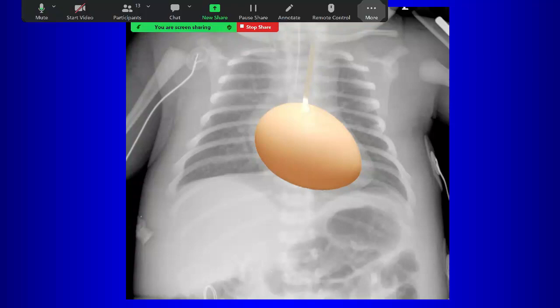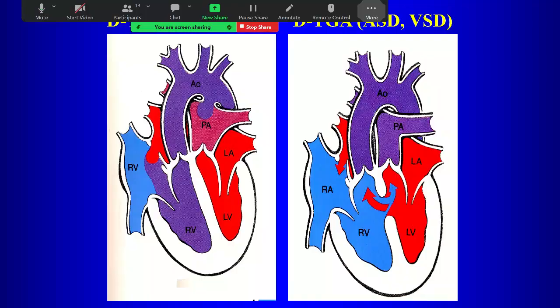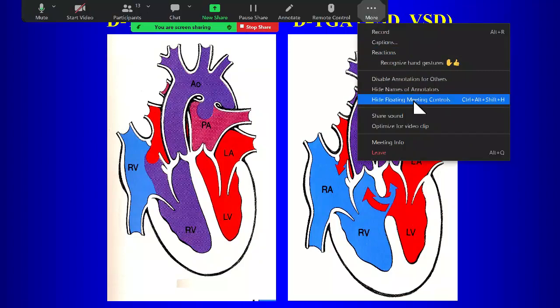That means a morphologic right ventricle is connected to the aorta, and a morphologic left ventricle is connected to the pulmonary artery. That is the definition of the term transposition. Start there and don't confuse yourself with everything else yet, but understand what the word means. Okay? So, when we have transposition then,